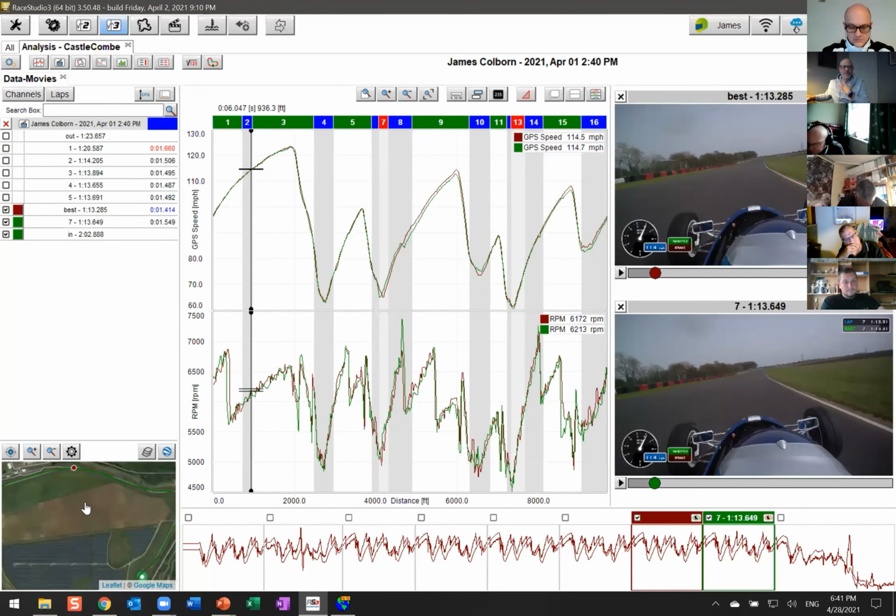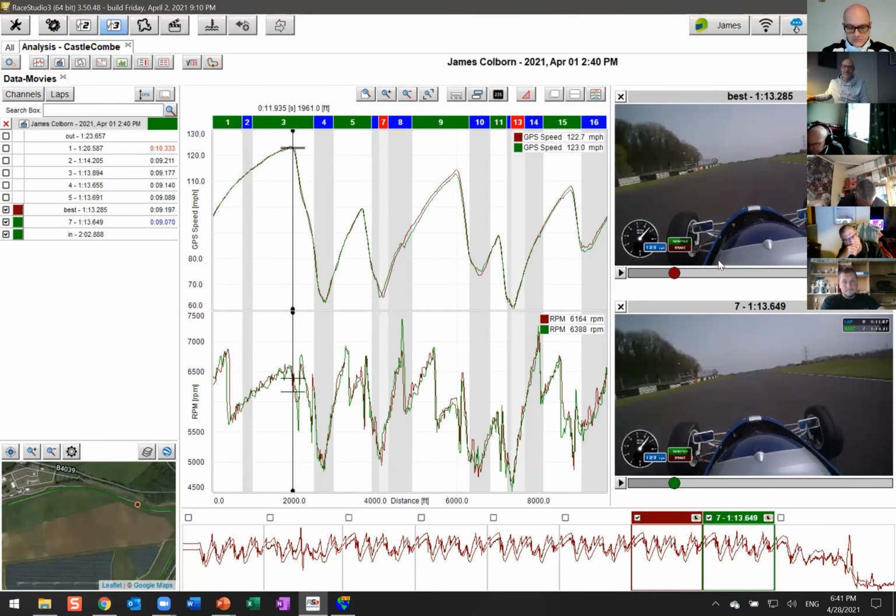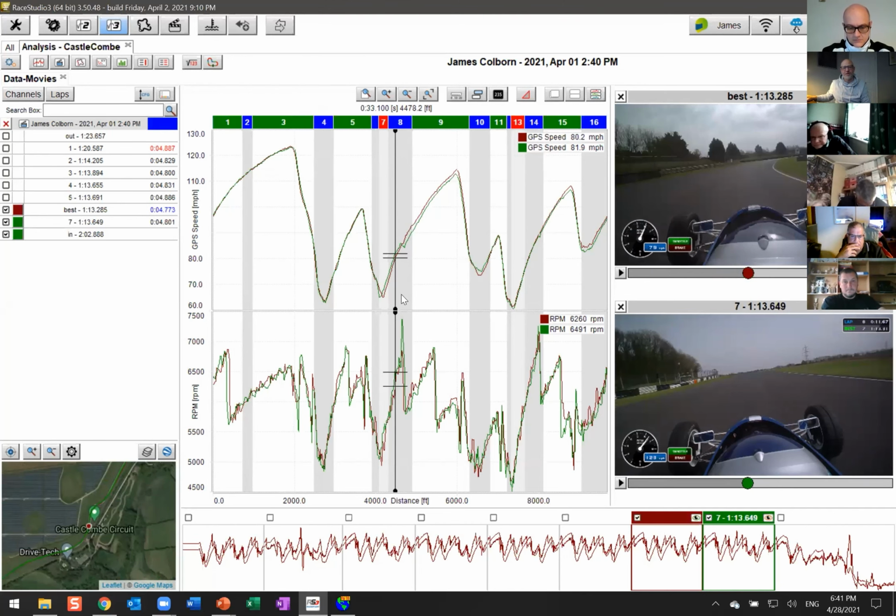I'm a bit too crazy with my zooming there. And you can see there. So as you move this around, the video moves, the dot on the map moves, and so does the data. So now you can start really digging into what exactly happened on that lap and where things went slightly wrong. And you can see that there's a big sort of glitch that's happening here. So if I were to play the video here,